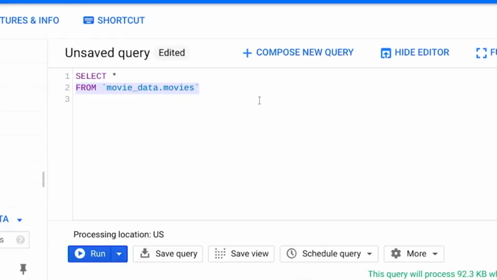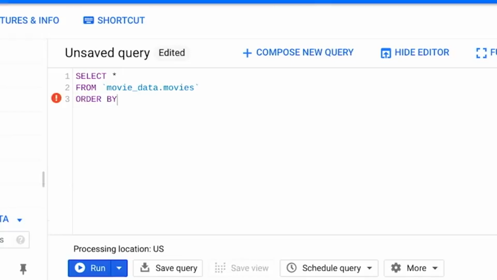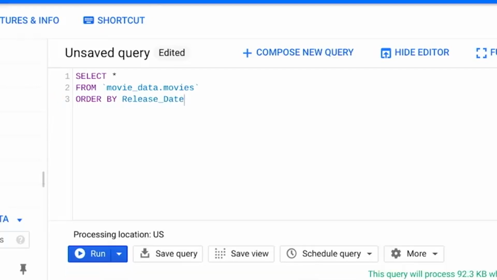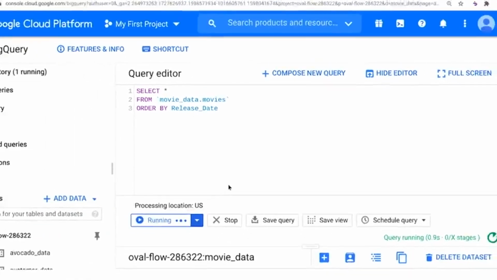So back to the actual sorting. We'll type order by with a space. With this clause, you can choose to order data by fields in a certain column. Because we want to sort by release date, we'll type release date. By default, the order by clause sorts data in ascending order. If you run the query as it is right now, the movies will be sorted from oldest to the most recent release dates. Let's run the query and see what we've got.